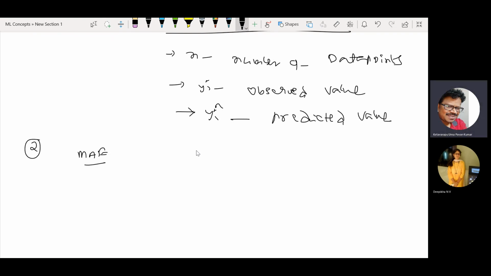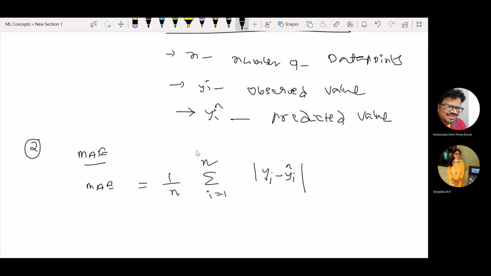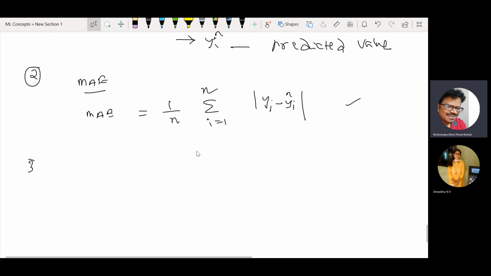So this is nothing but the average of the absolute difference between the actual and predicted values in the data set. It measures the average of the residuals of the data set. Average of the residuals, in the sense, again 1 by n remains the same, where MAE is the sum for i equal to 1 to n. This is a common formula, and we are taking the absolute value, that means modulus of yi minus yi cap. This is the MAE. And similarly, after mean square error, we have one more thing, RMSE.